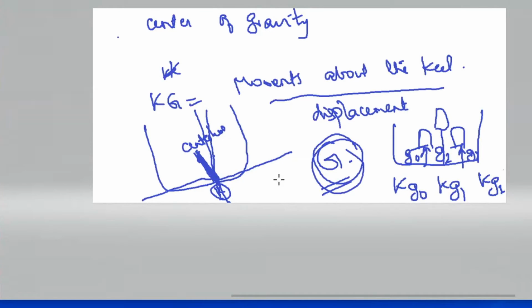Okay, the center of gravity, you can have G0, which we say is the initial position. Initially, all the weights are in one configuration. So let us assume that its initial KG0 is KG0 for the ship, KG0 for this mass, KG1 for this mass, KG2 for this mass, and capital KG0 for the whole ship.